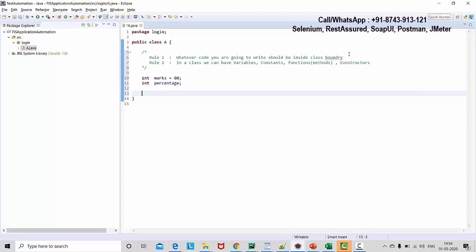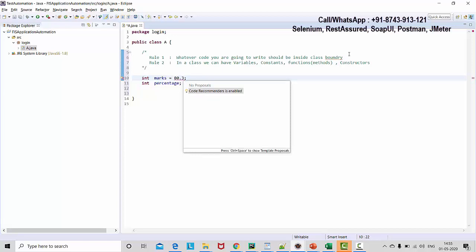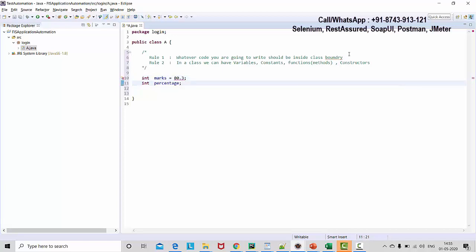Okay. As of now I have created two variables. One is holding a value, another is not holding a value. But both variables hold a numeric value, which is an integer value without a decimal point. If we try to store a decimal point value, it will throw an error because we have created a variable of type int. Data type is integer. So you can hold only integer values. If you want to hold a numeric value with a decimal point, we have a data type with the name float. Later on I'll explain all data types. Here I'm giving you basic data types which we are going to use very frequently.